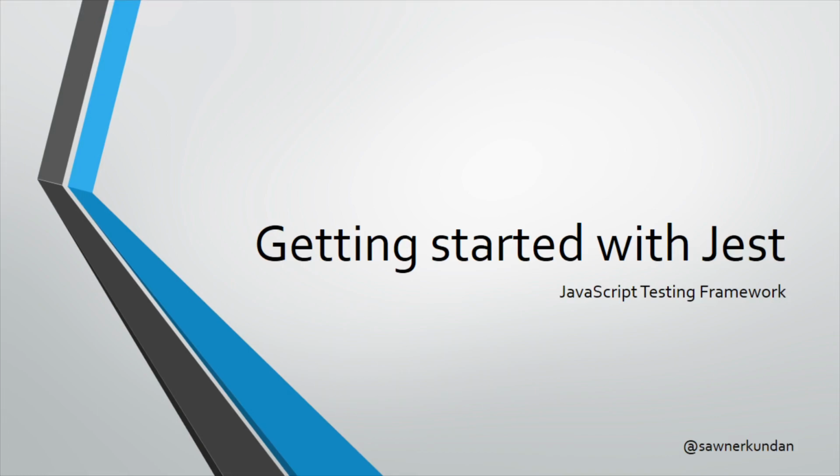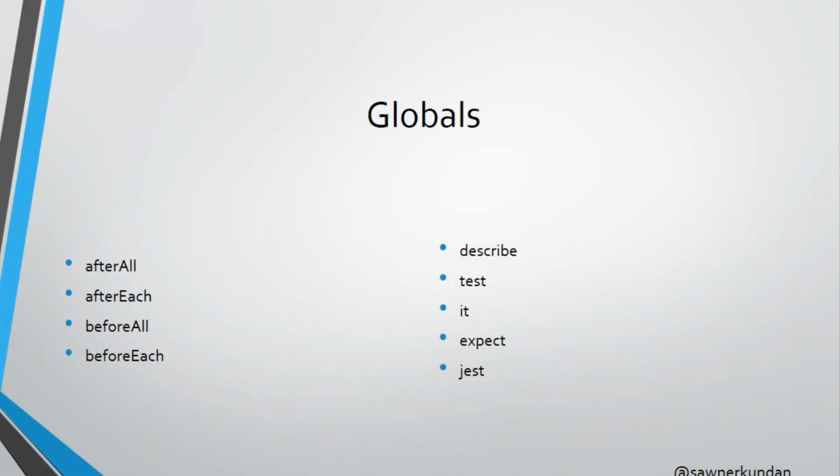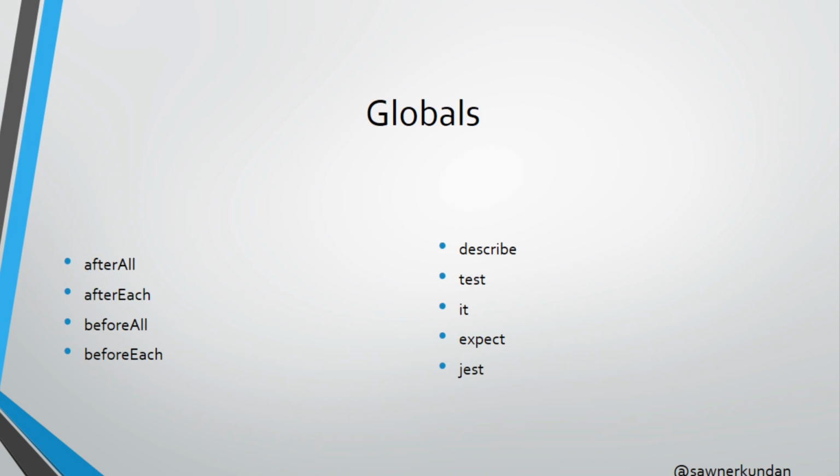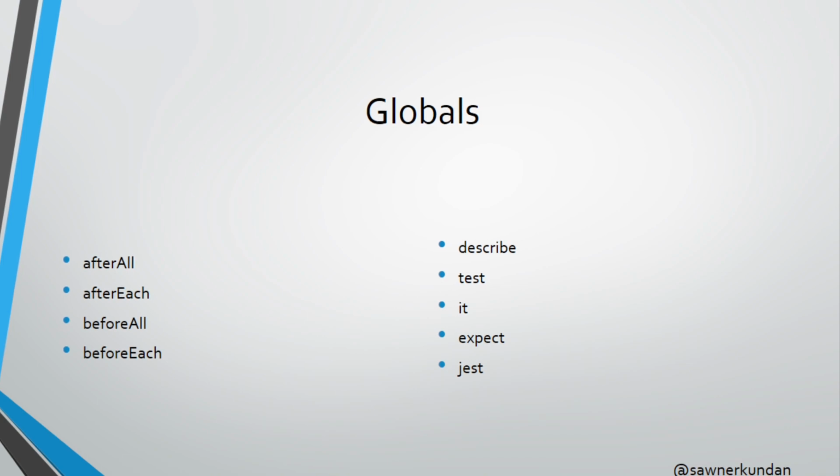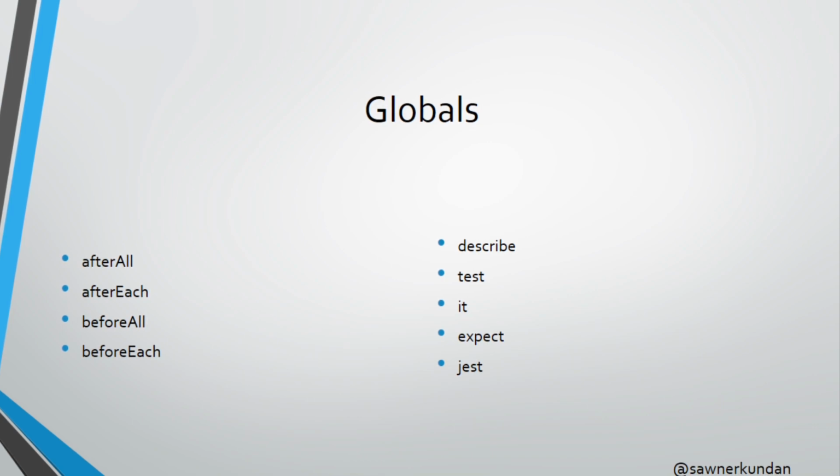In this tutorial, we are going to learn about global methods of Jest. In Jest, global methods are functions or methods that are available globally in the Jest test environment. These methods can be used to perform common tasks or assertions in your tests without having to import them into each test file. Some of the commonly used global methods in Jest are describe, it, test, expect, beforeAll, afterAll, beforeEach,